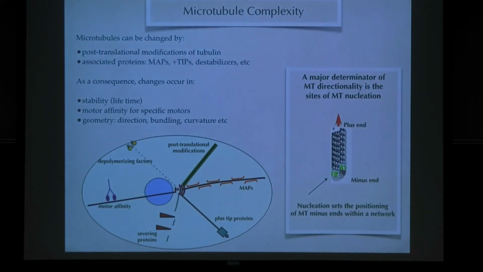They can also modify motor affinity. For example, if a microtubule is coated by certain MAPs, certain motors won't be able to walk along it. And post-translational modifications also influence motor affinity. And for sure, geometry. If a microtubule is curved, or if microtubules are bundled, or if microtubules are severed and relocated somewhere, all these things are regulated through different molecular mechanisms and define the architecture of the microtubule network in the